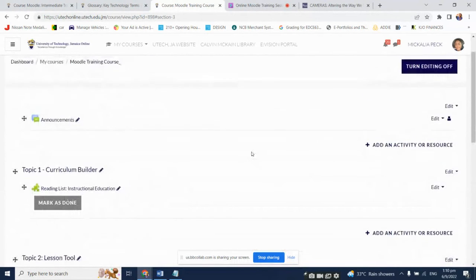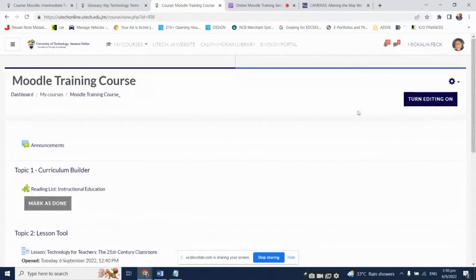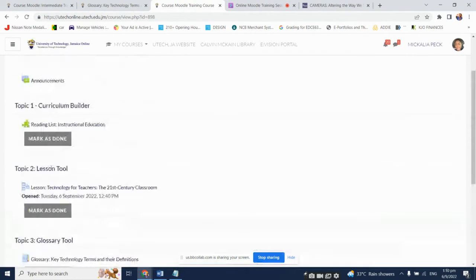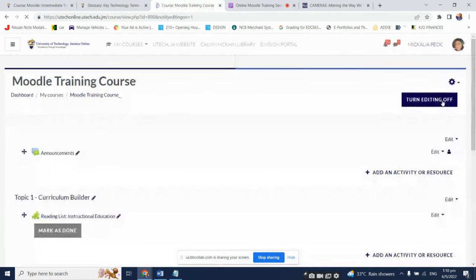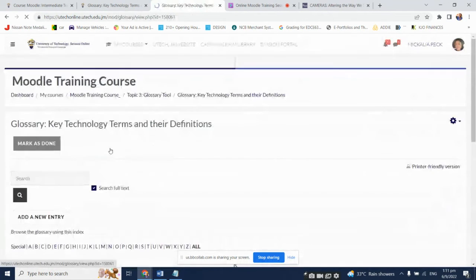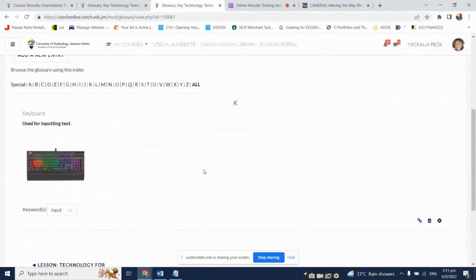Okay, let me just turn editing off, because what should happen, not sure what is happening here, but what should happen with the glossary when it's fully functional is that when I hover on these words, we should actually see the glossary term showing keyboard. The feature might not be working, so let's quickly revisit this